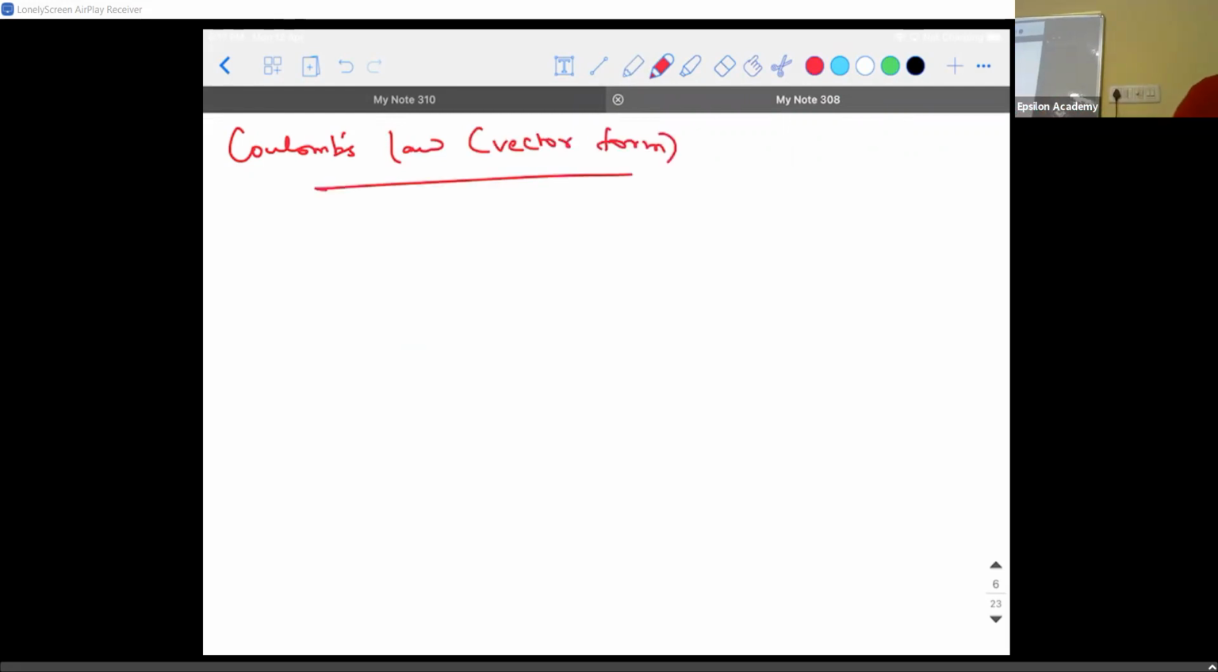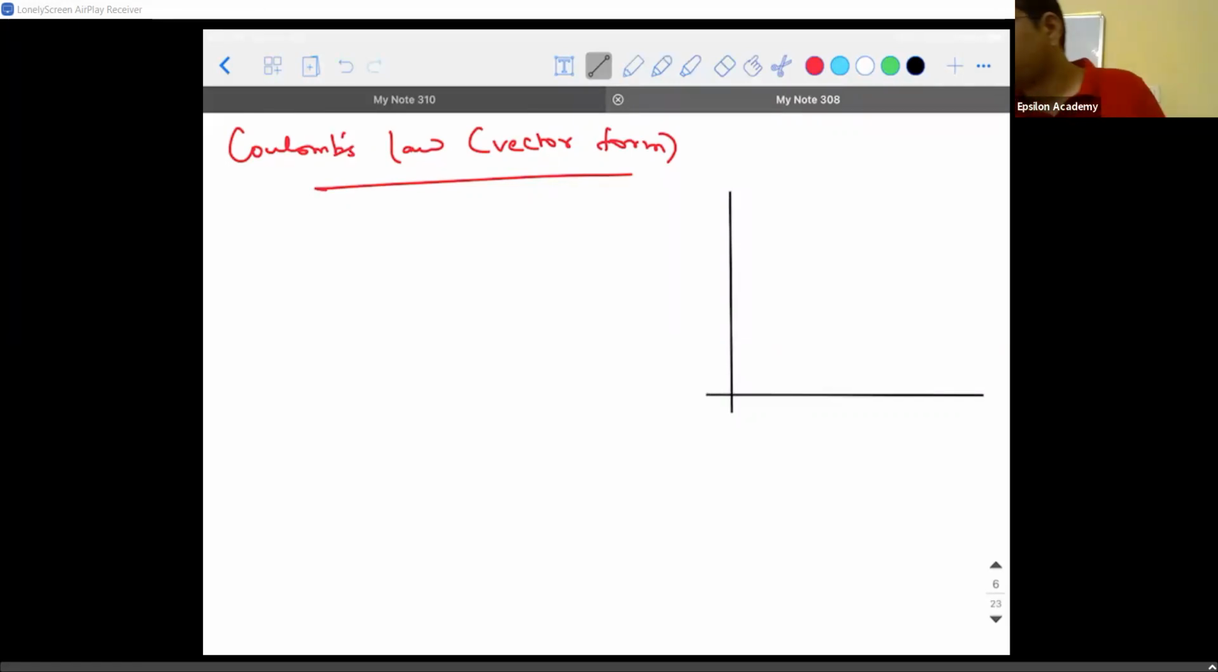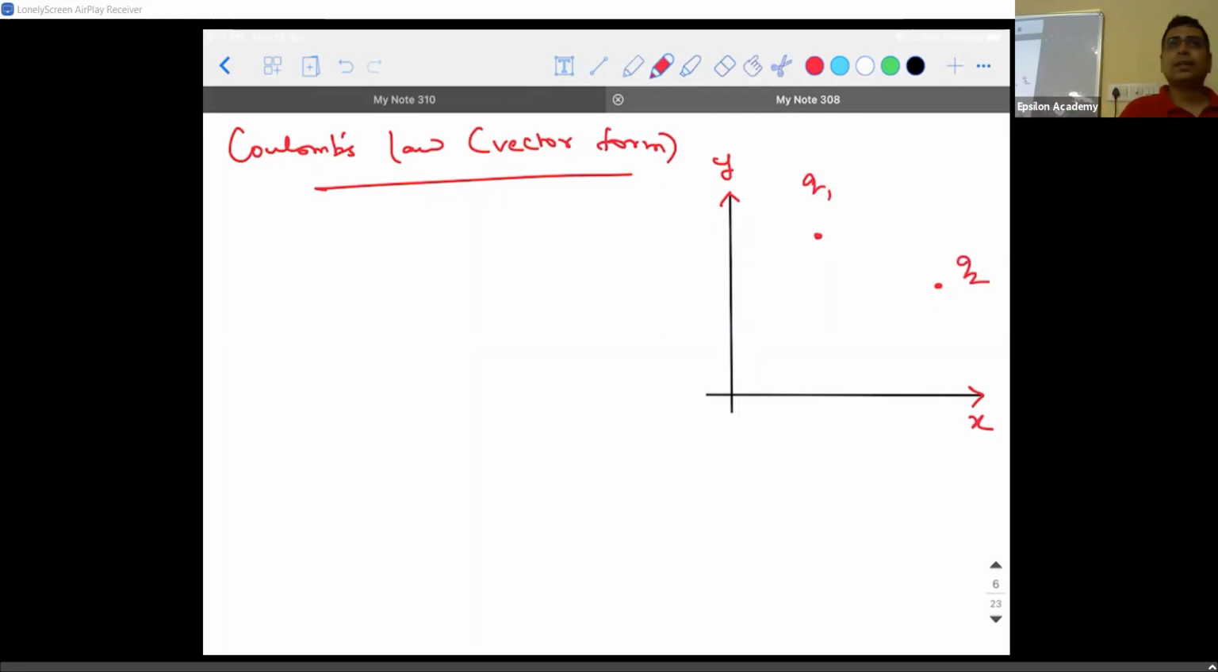Shall we start? So obviously when I say vector form, I need to introduce certain vectors. We are going to deal with the same scenario, but with a different perspective. If I take this as the x-axis and this as the y-axis, the same two charges Q1 and Q2 are there. Instead of keeping them horizontal, I have kept them in some random way. If I call this Q1 and this Q2, then there are certain positions associated with respect to the charges. If I call this A and this B,